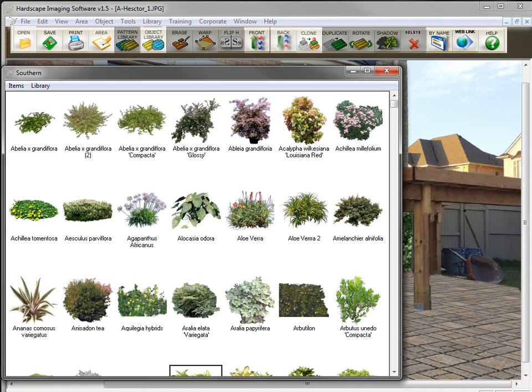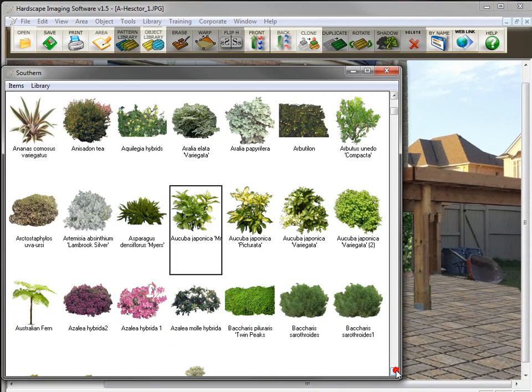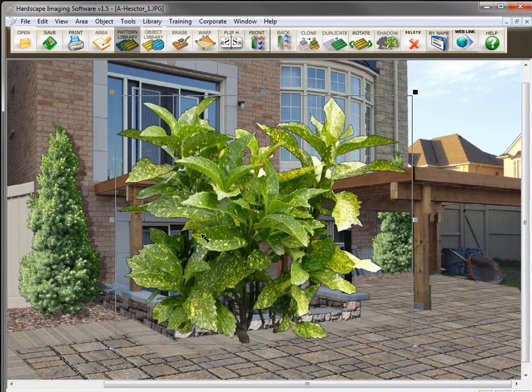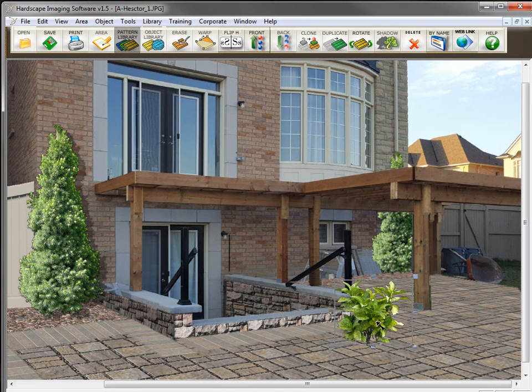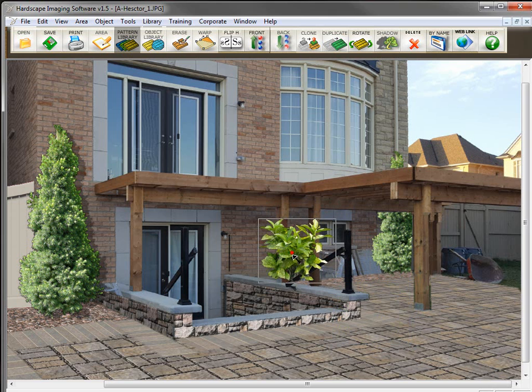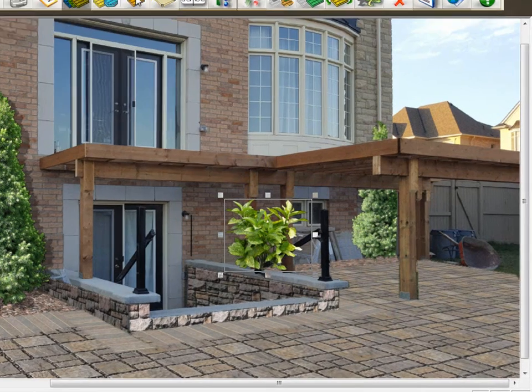Now I want to bring in another shrub to put along the house. So bringing up this akuba, we size it down by dragging on the corner handles to size it proportionally. We move it by clicking and dragging on the plant. I guess I didn't mention that earlier. And I want to place it right in here. So it's going to be behind these two posts. So again, we need to cut it, but I want to show you another trick. If you go here to the eraser tool,